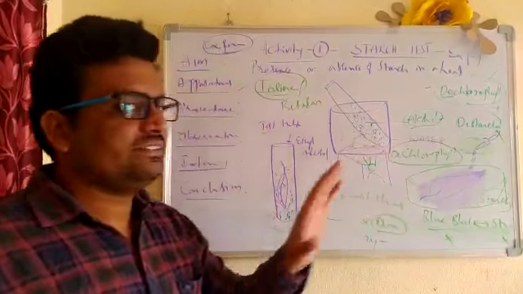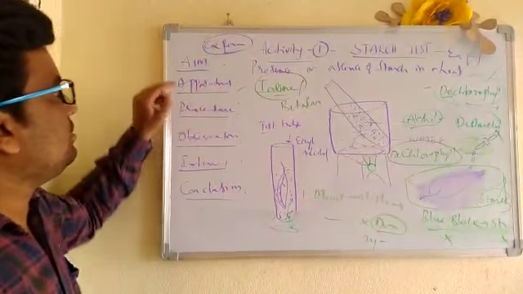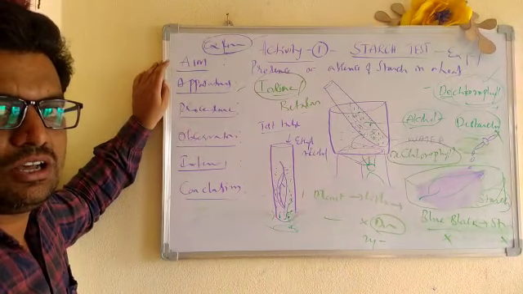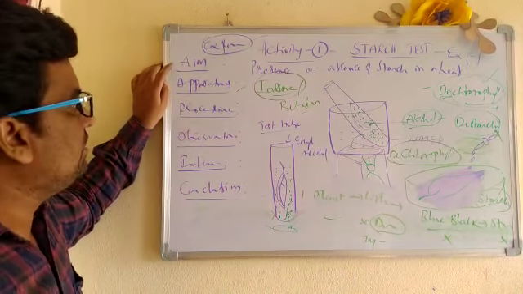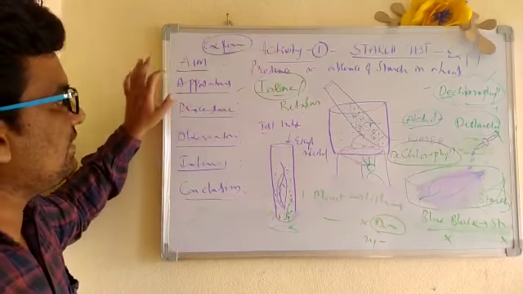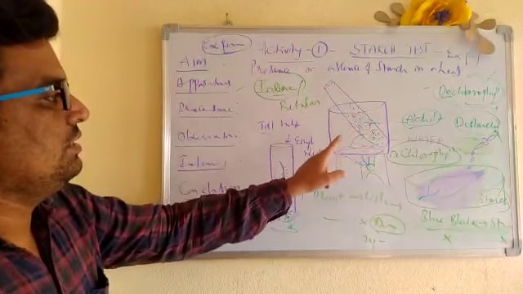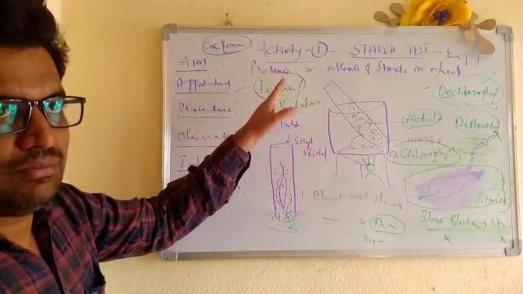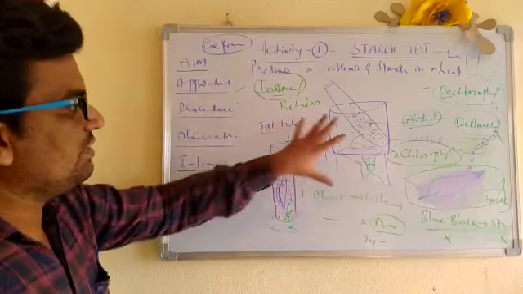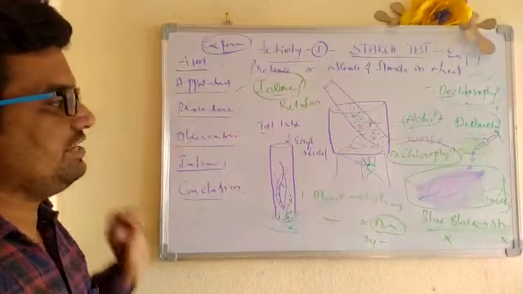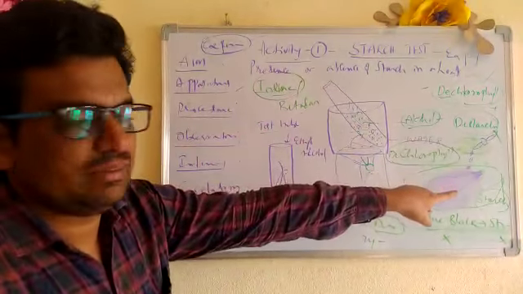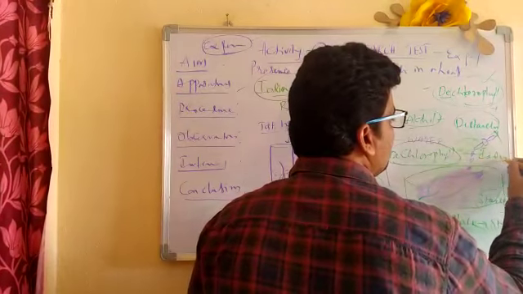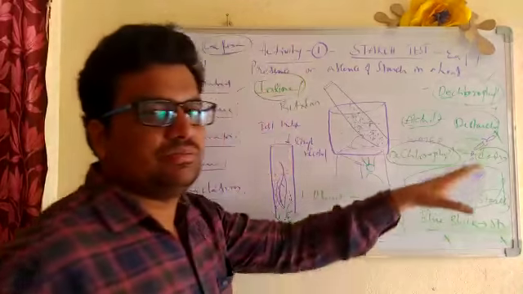So what is this experiment? It tells about finding out the presence and absence of starch in a leaf. What is the aim? This is the aim. What are the apparatus required? Test tube, alcohol, funnel, tripod stand, etc. Iodine is very, very important. Then the procedure. So everything should be arranged. This is the procedure. Observation: the change of color when you add iodine. When you add iodine solution, whether it is changing is an observation.